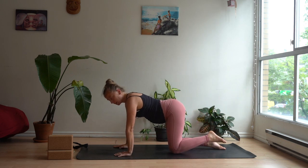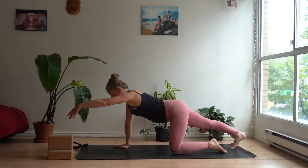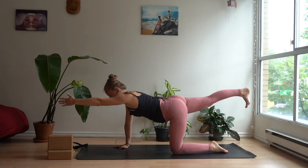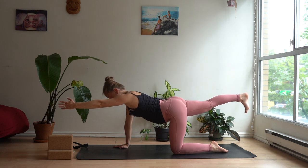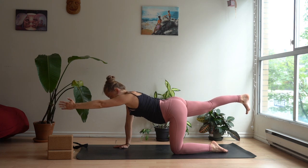Exhale and lower, and then extend your right leg back and your left arm forward. Again, make sure that your pelvis is parallel to the floor, and breathe. Last breath cycle here,